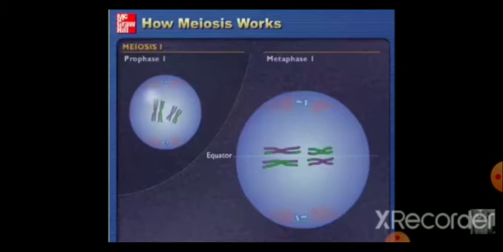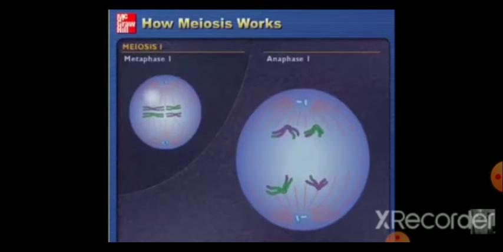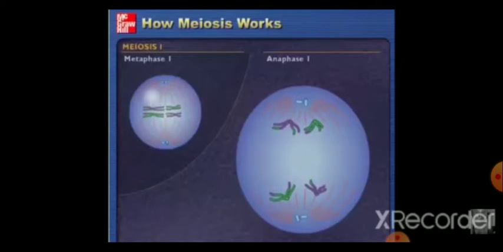In metaphase 1, chromosomes line up along the equator of the cell. For each pair of homologous chromosomes, the orientation on the equator is random. Currently, the large purple chromosome and small green chromosome are on top. However, the small purple chromosome could just as easily have ended up on top. Each different orientation results in gametes with different combinations of parental chromosomes. This process is called independent assortment.